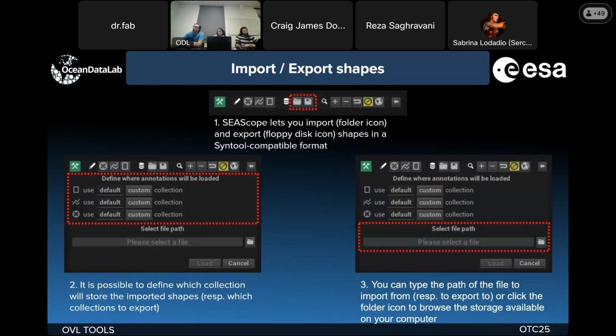So you also have a way to import and export shapes. For instance, I was showing you just before the break how to export a shape in the OVL portal. So you could import this shape in SEAScope if you want. To import, it is the folder icon, and to export, it is the disk icon. When you click on import, it will ask you to select the file path, and then